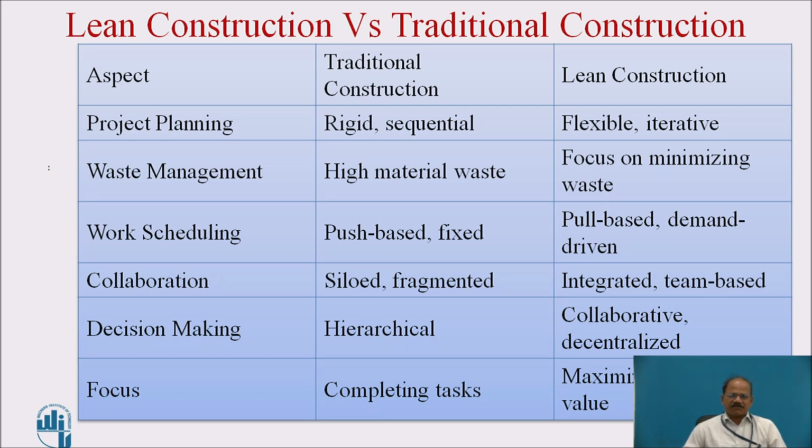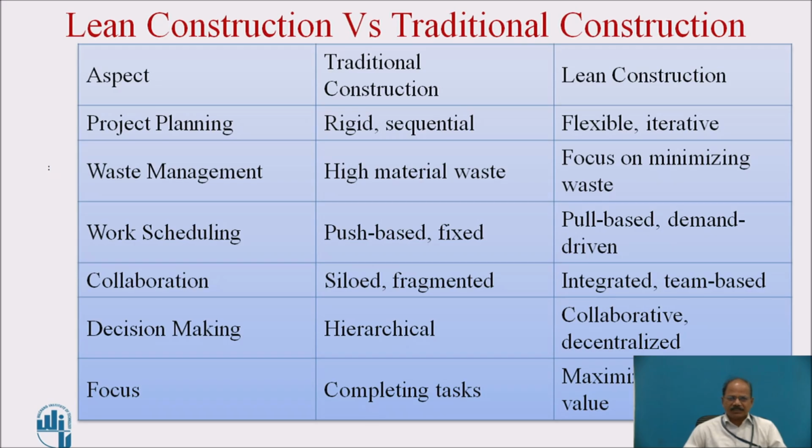We can see the difference between traditional construction and lean construction in the following table. You can see the aspects are project planning, waste management, work scheduling, collaboration, decision making and focus. All these aspects are there in traditional construction as well as in lean construction, which we now call the modern construction methodology. In traditional construction, project planning was relatively rigid and sequential, while in lean construction we can have